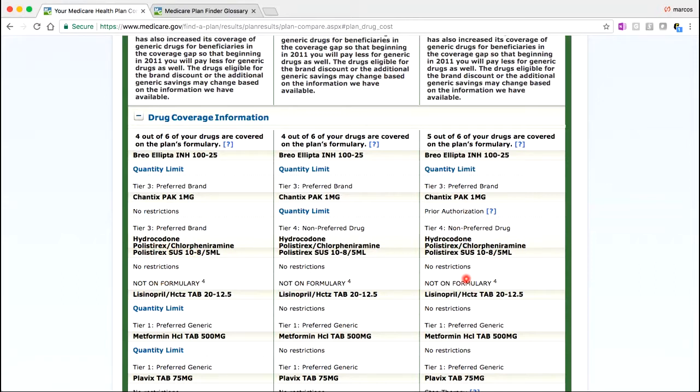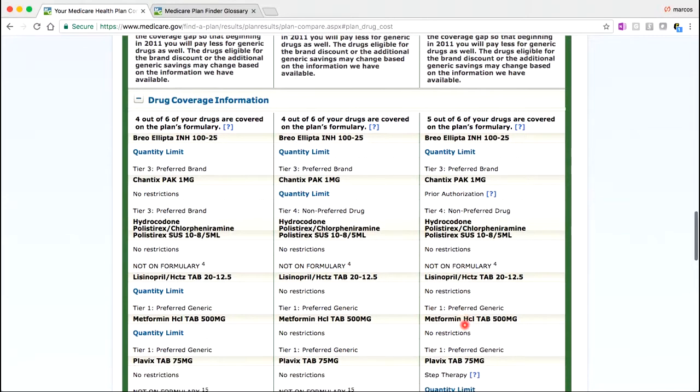Just because it's not on the formulary does not mean that your client can't have access to that prescription. It just means that they're probably going to have a prior authorization or a formulary exception. Those are 2 things that we'll go over later. But know that it is possible for your client to get those prescriptions if they've been currently taking them, especially for an extended period of time. So again, tier 1,